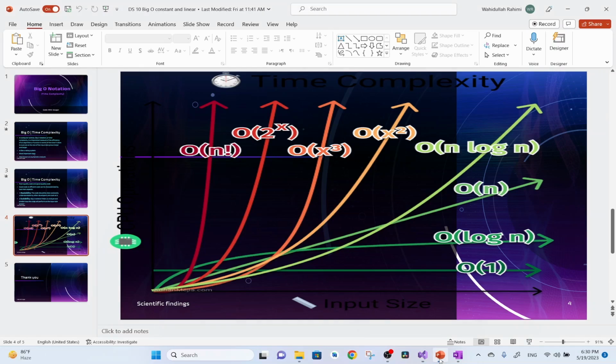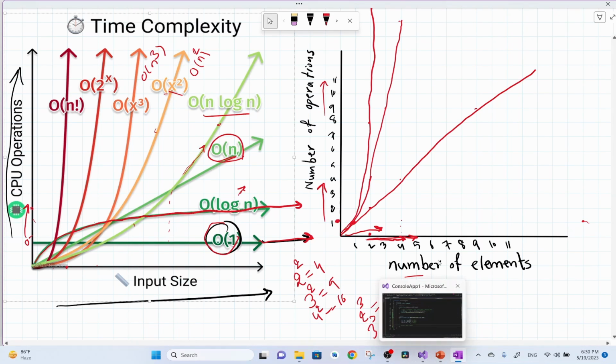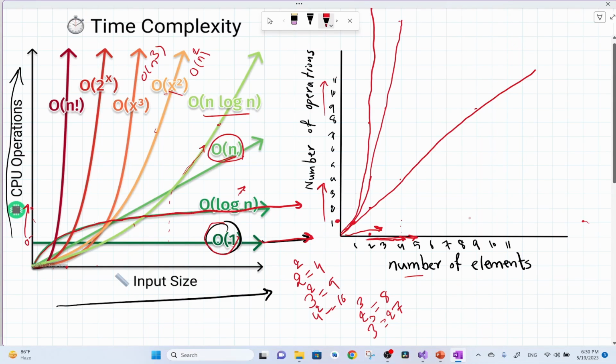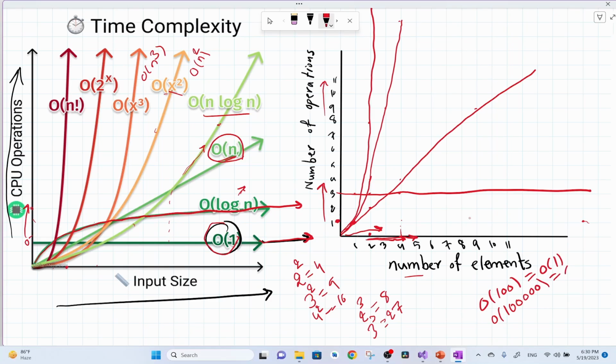So if we take a look at the graph of an algorithm with 3 operations, say for one item I require 3 operations, for 2 items I require 3 operations, for 4 items I require 3 operations. So again, this is going to be a straight line on the graph. That's why if we have big O of, say, 100, it's still going to be constant time complexity. If we have big O of 10,000 or millions, still this is going to be big O of 1